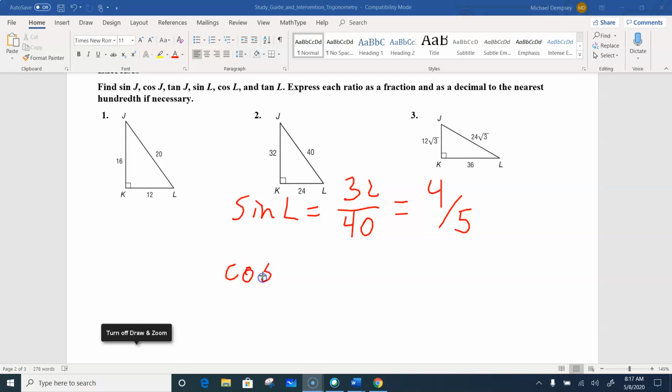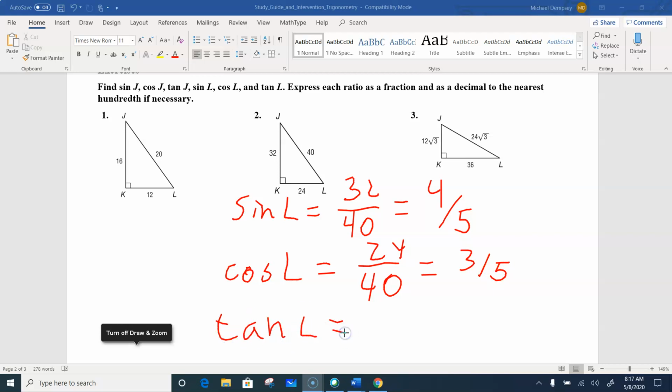Cosine now from L. These are just reciprocals of the previous angle, J. 40 is in the denominator. Now we're adjacent to L, which is 24. Divide them both by 8, and we have 3/5. And then finally we have tangent L. So tangent of L is the opposite over the adjacent. Adjacent to L is 24, and opposite from that is 32. Divide them both by 8, and we have